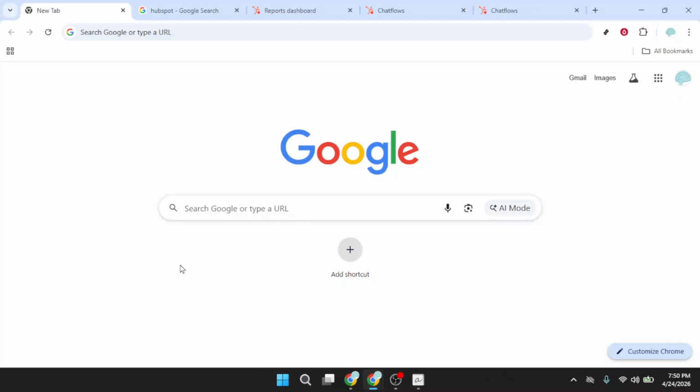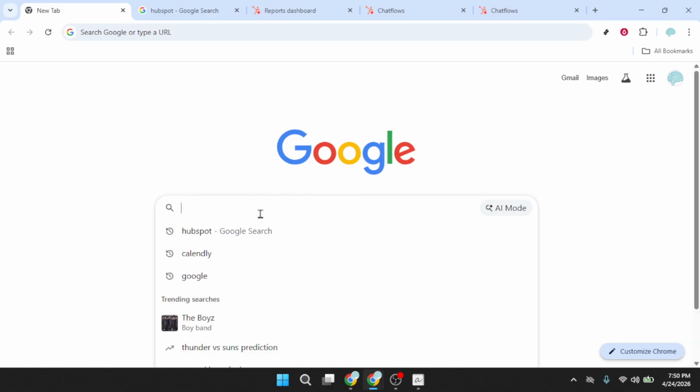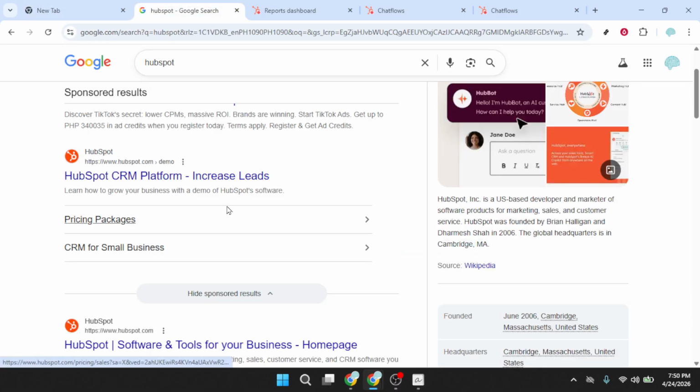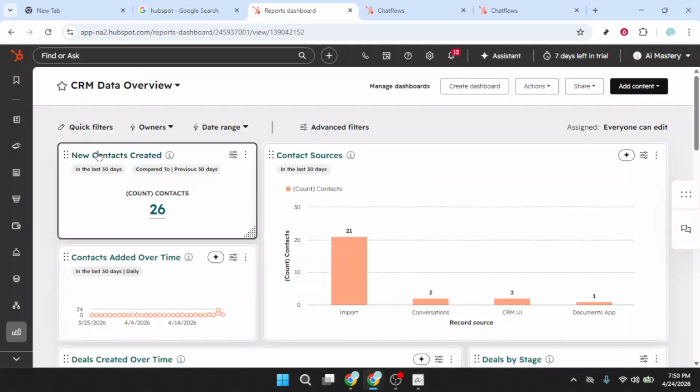In today's video, I'm going to teach you how to create a chat flow for your multi-language pages in HubSpot. Start by opening your browser and searching for HubSpot. Click through to the official site and sign in. Make sure you're using an account with access to service tools and the conversations inbox, since that's where chat flows